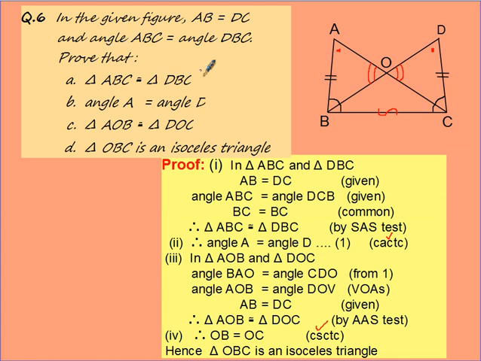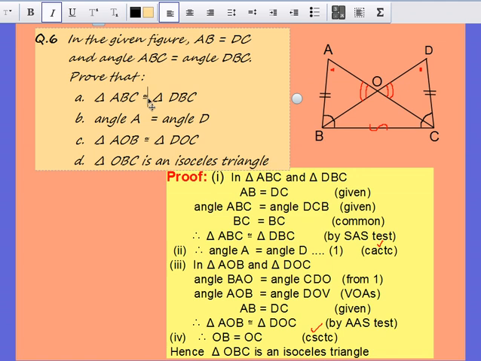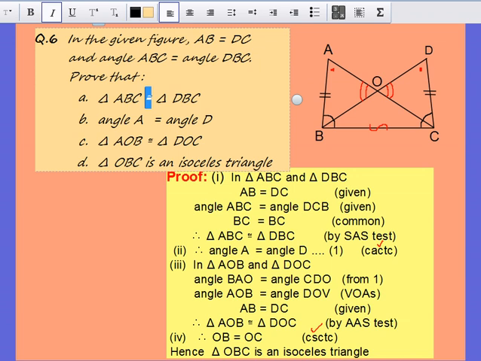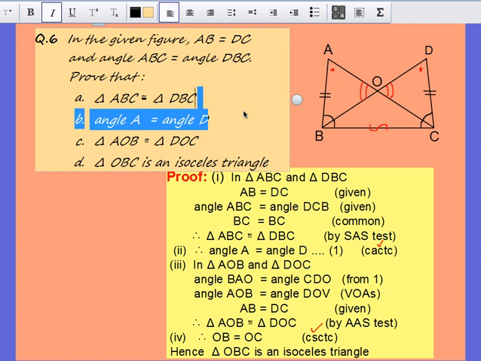And then they say angle ABC is DBC. So I have marked ABC and DBC also. And now they are asking prove that this triangle, it was looking small, so let me make it a little big so you can see. Anyway, so you can see it is congruent sign. Okay, so if any confusion, just follow me. So it is congruent sign.